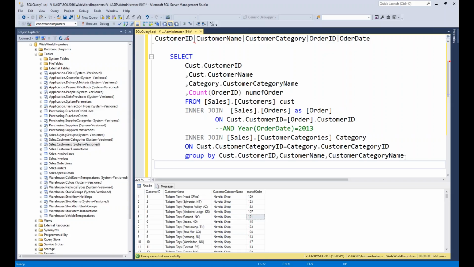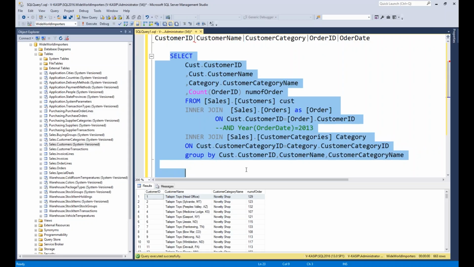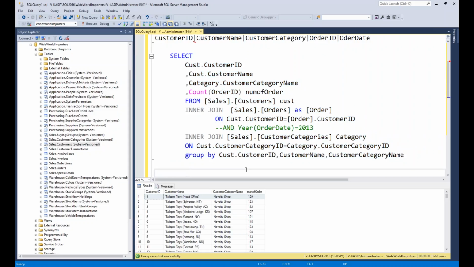You want just all the customers. If he made an order, give the count. If he didn't make the order, give me the null. Then you have to use the left outer join, right? It depends on how you are looking into your data. In this scenario, we are displaying all the customers who have orders only, which means it seems each customer has at least one order, right? If the customer doesn't have an order, it will be missed. The number of records in your customers table is going to be equivalent to the number of records written. So it's the business scenario which will tell you whether you have to use the left join or the inner join.